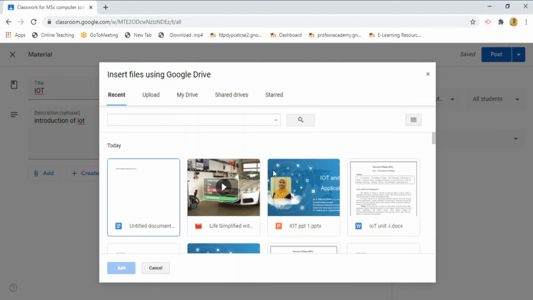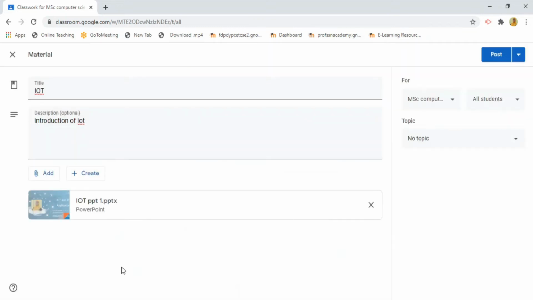So click any one of the documents from Google Drive. I am clicking this PPT from my Google Drive. Then just you upload it.